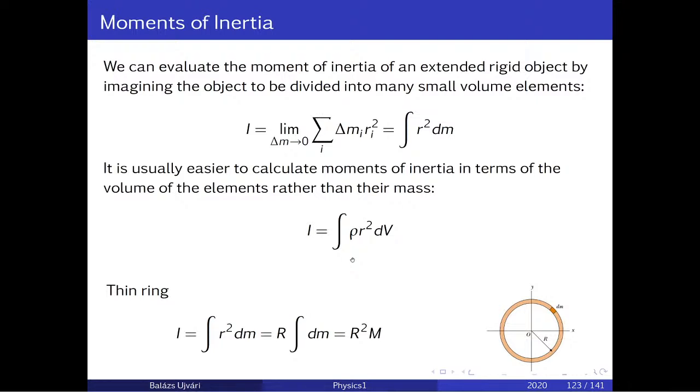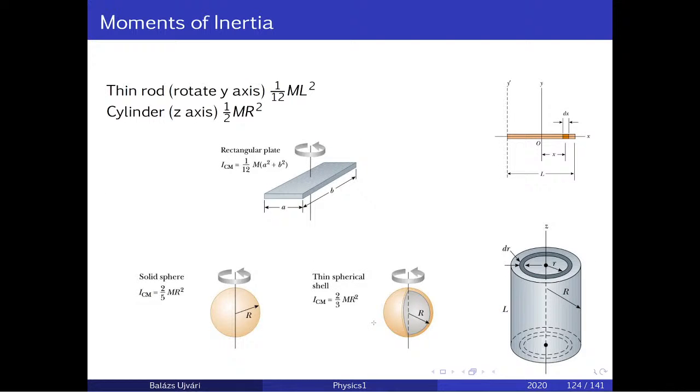Well, technically, it's not that easy to calculate the moments of inertia of any body, but for simple cases, we can do that. For a ring, the moment of inertia is just the mass times r square. For a piece of plate, it is 1 over 12 mass times a square plus b square. For a cylinder, it is 1 over 2 mr square. For the solid sphere, so a full ball, it's 2 over 5. A basketball-like ball is 2 over 3